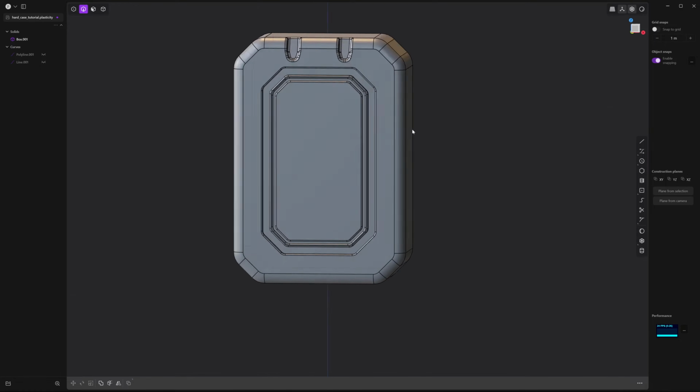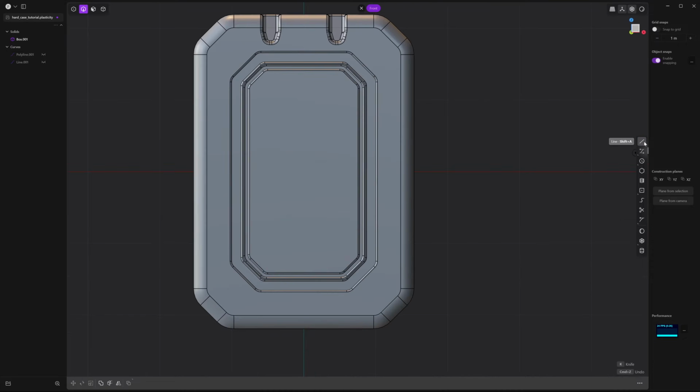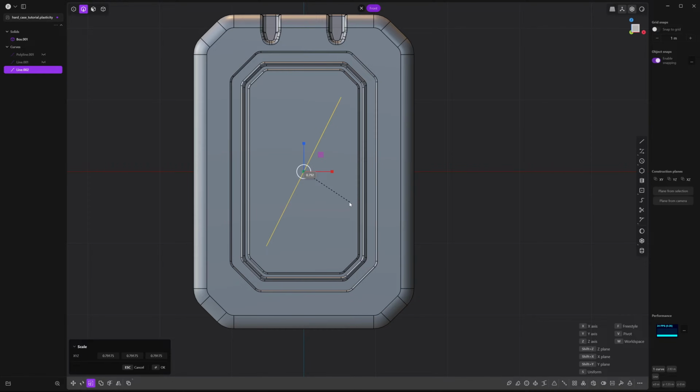And now we're going to create a few more details around the case. Go to the front view, click on this line tool, or press Shift A, and we're going to hover over this edge until it says center. And let's do that to the other edge, center. Right click to accept. Press S twice to scale it down. And right click to